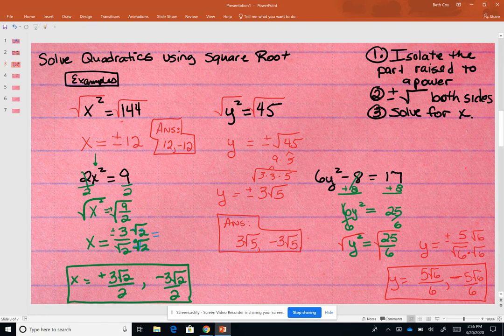Solving quadratics using square root. I've got some more examples coming up on the next